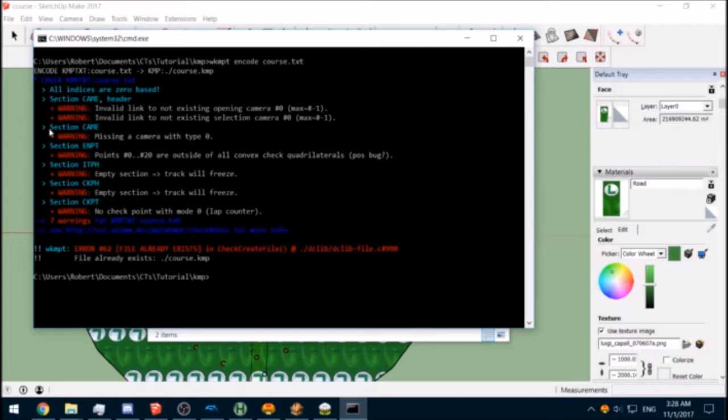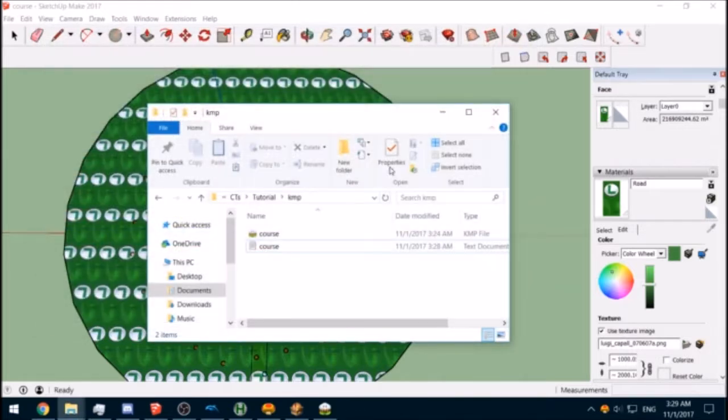Oh, whoops, we have an empty section. Warning there. Empty section, track will freeze, oh no. Empty section, track will freeze, oh no. No checkpoint with mode 0 lap counter, oh no. So yeah, there's a whole bunch of errors in there.